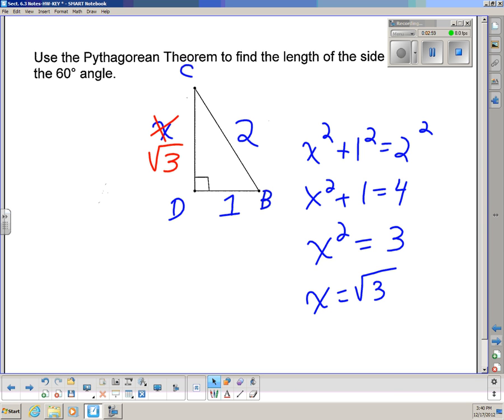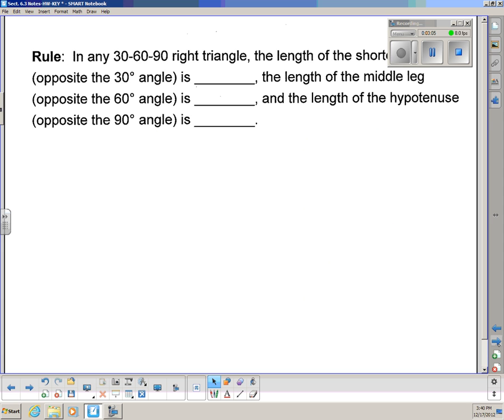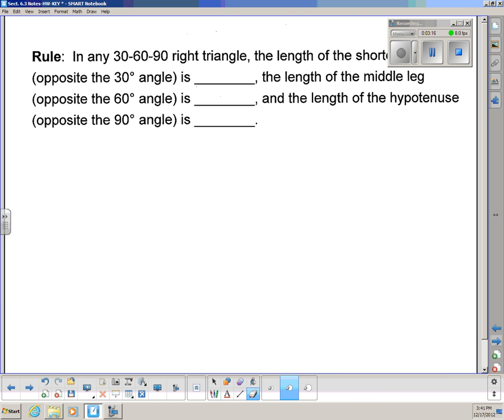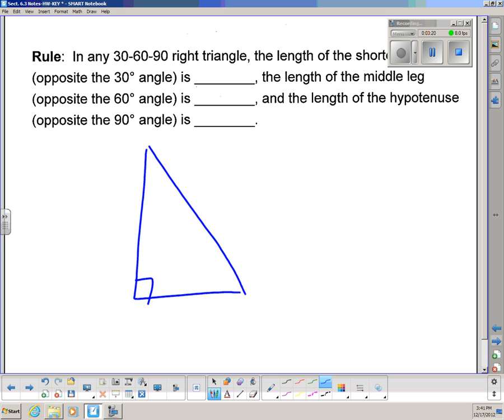What's happened is, if we do a whole bunch of different equilateral triangles, we're going to find the same pattern that happens over and over again. And the pattern happens to be this. At any 30, 60, 90 right triangle, let me fix this a little bit. Make it draw more the way that we see it. Let's do it more like this. So if we are in any 30, 60, 90